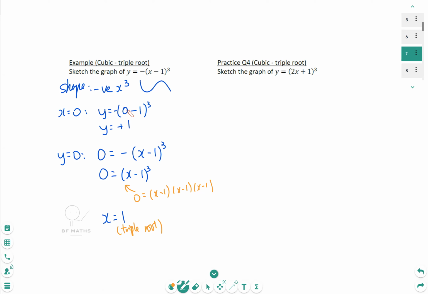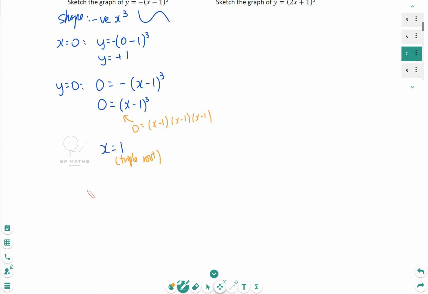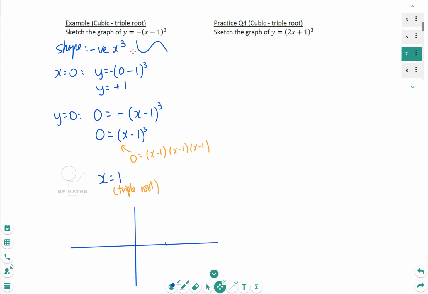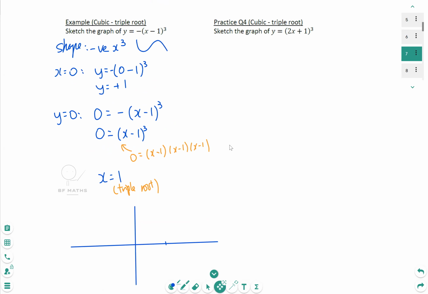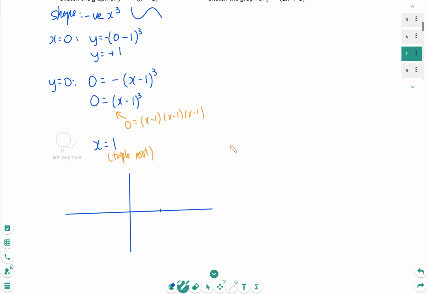Now, how do we draw the triple root when x equals 1? Let's say 1 is somewhere here, and we need the y-intercept to be a positive 1. The shape tells us that we have to start from the top. So we start from the top left and come down to 1 in here, and then,